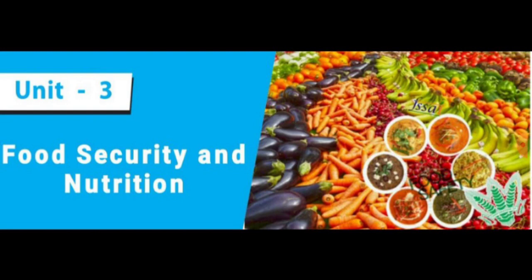Then next we learned about the basic components of food and nutrition security. How many basic components are there? There are three basic components. The first one is availability of food, the second one is access to food, and the third one is absorption of food. Availability of food means the physical availability of food stocks in desired quantities, which is a function of domestic production, changes in stocks and imports.